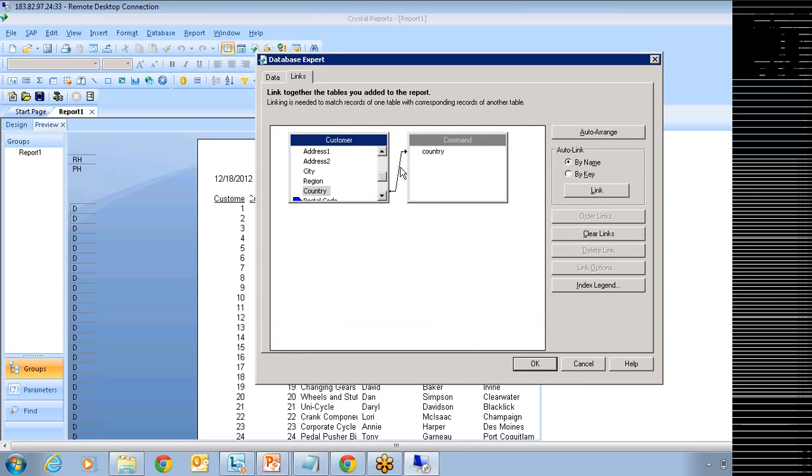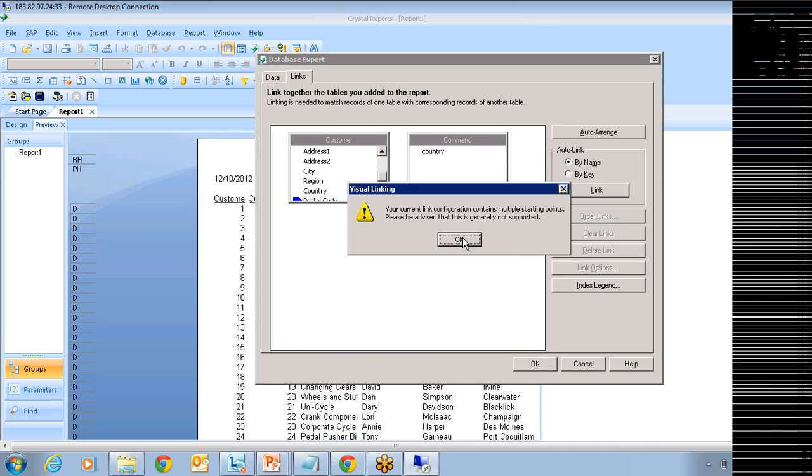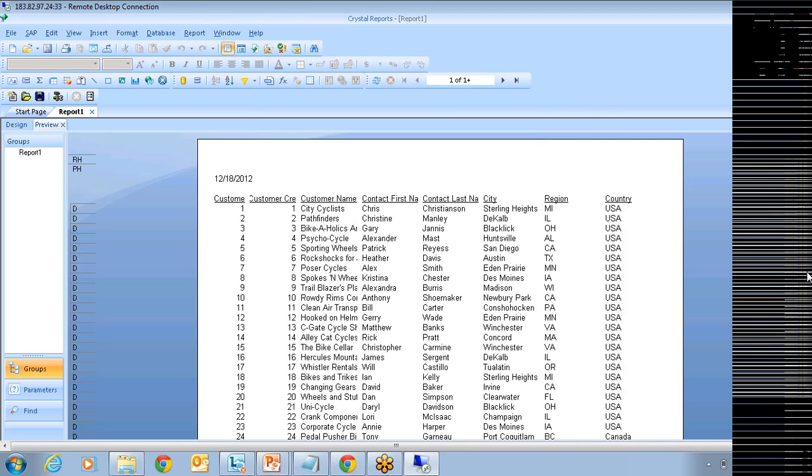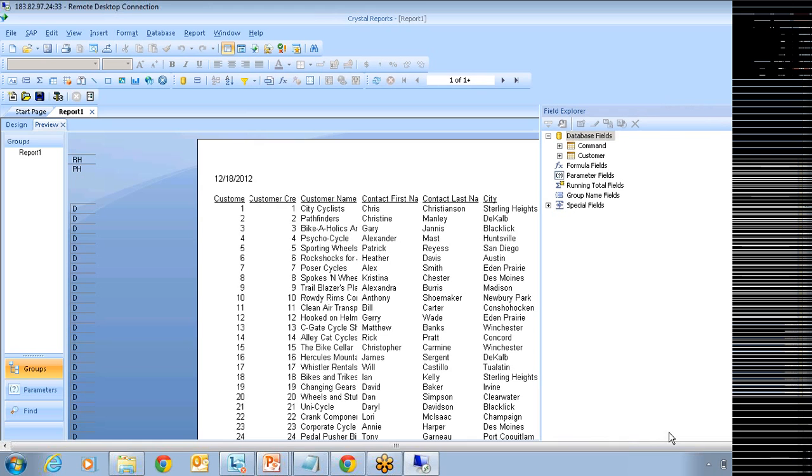the links and make sure that you don't link these two tables, because this custom query, whatever that I have added, is just for generating list of values. I don't want to use this to display on my report. So click on OK. No problem if you have not linked. No need to worry about cross join, because I'm not placing that field on top of my report.